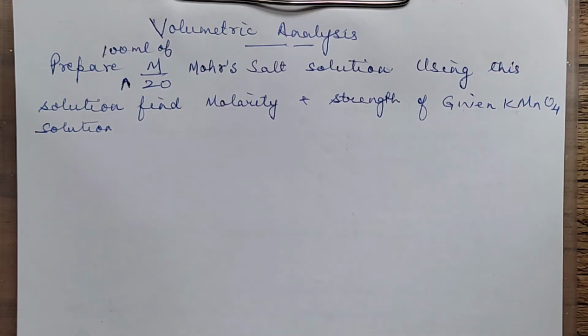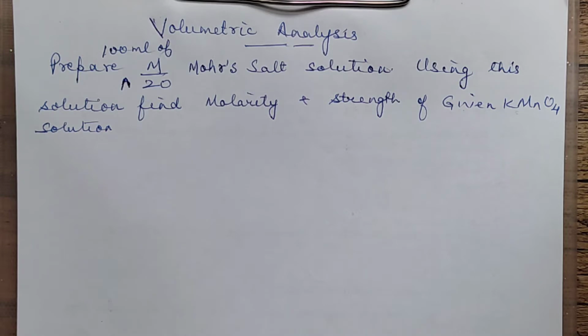It is a practical of class 12, that is a redox titration between KMnO4 and Mohr salt. I will also be completing KMnO4 versus oxalic acid in this video itself, because there is a slight difference. So I will explain the basic procedure and how you calculate. Procedure means how you are actually supposed to perform this titration in the lab. If you know this, then you will be able to perform it well and calculate it, so you will not